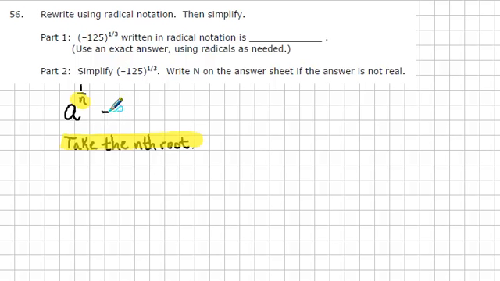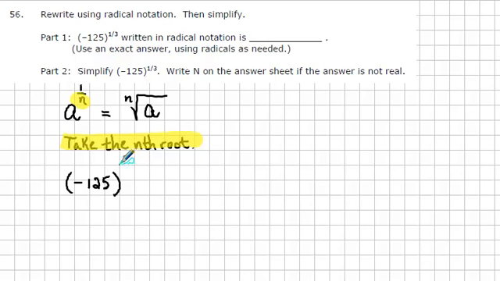The way that we write that down is we write a radical symbol. We write the base underneath of the radical symbol, and we write the n next to the radical. The way we read it is the nth root of a. So a raised to the power of 1 over n is equivalent to the nth root of a in radical notation. So for our particular exercise, we have the base negative 125